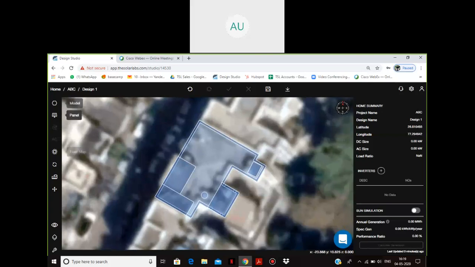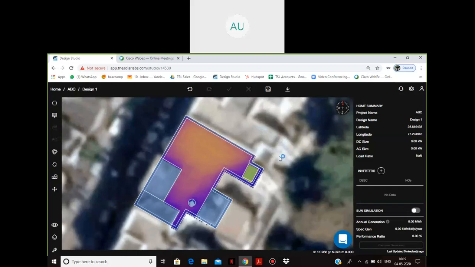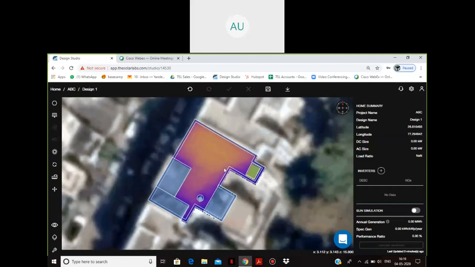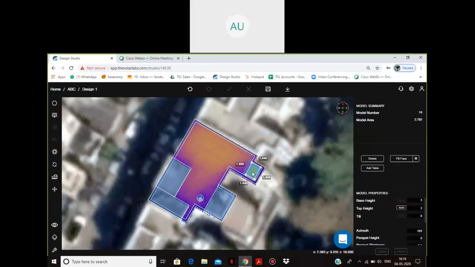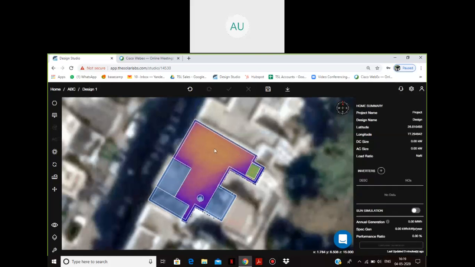So for that I have a heat map tool here. I'll go on heat map and I'll just show this. What it does is that it gives me a color code. Here you can see a color code. Right now you can see primarily three colors: a yellowish kind of a color, then a purplish, and then a reddish kind of a color, and green. Basically yellow and green correspond to the same thing. These are one above the other, that's why it's showing different colors right now. So this is what we can see.